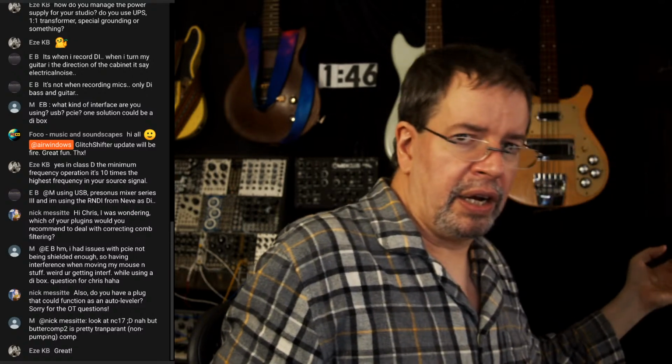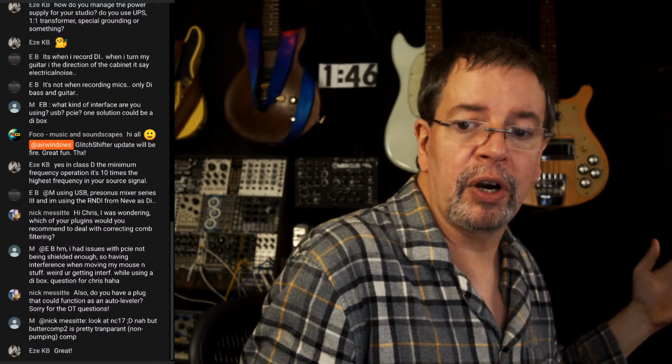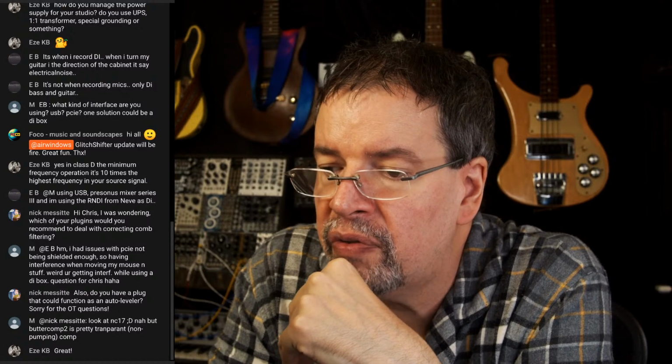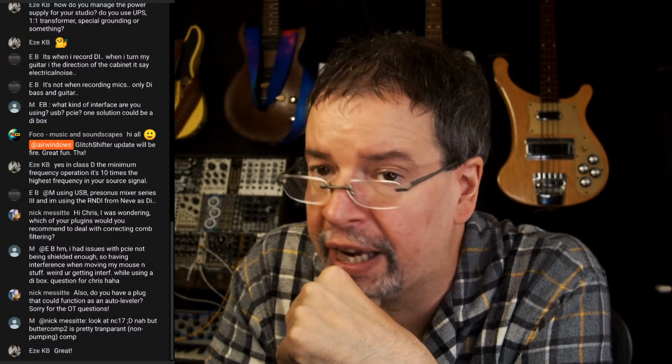Like, the reason I went to this angle is because I know that this angle is the angle that my single coil guitar needs to be to not be picking up off of the computer and to not be picking up background noise off of other things. And if I turn it like this, it'll be humming like crazy. So in a studio, doing recordings of an electric guitar, especially if it's not heavily shielded or super hum canceling,